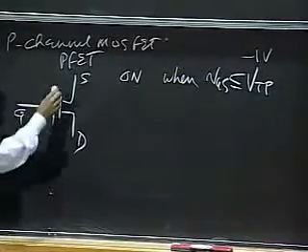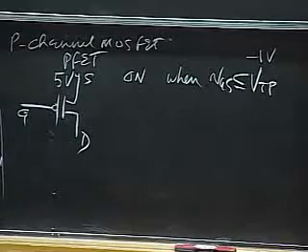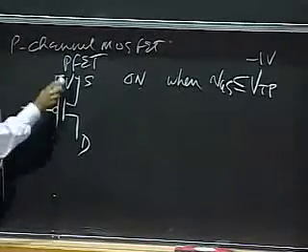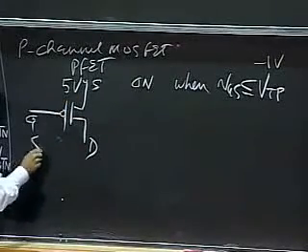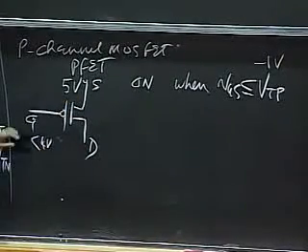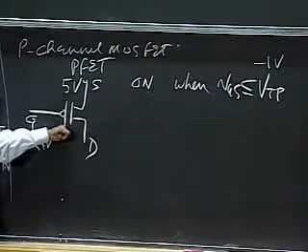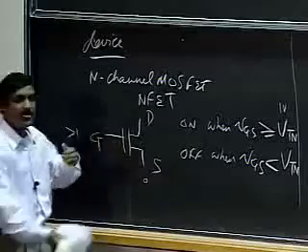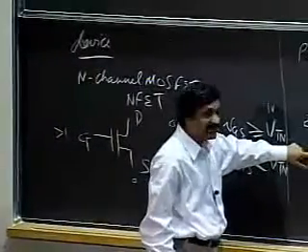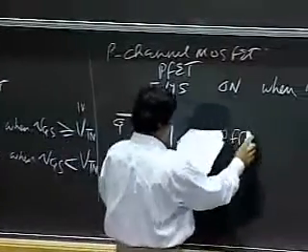So this means that if the source is at, say, 5 volts, then this device would turn on if the gate was less than 4 volts. If the gate fell below 4 volts, this guy would turn on. In this situation, remember, if this was at 0, the gate would have to be greater than 1 volt to turn on. In this situation, the gate has to be less than 4 volts if the source is at 5 to turn on. And it's off